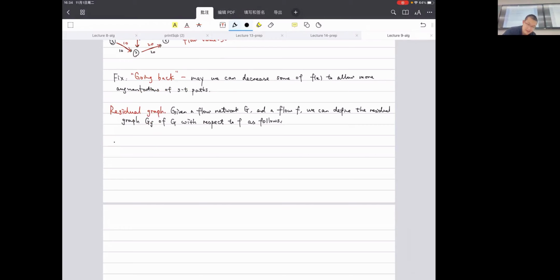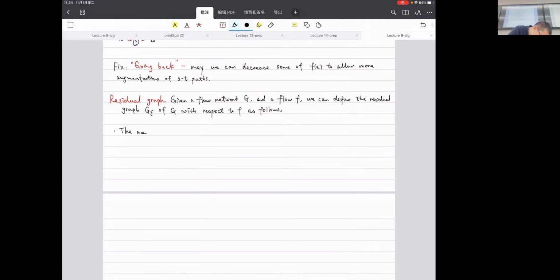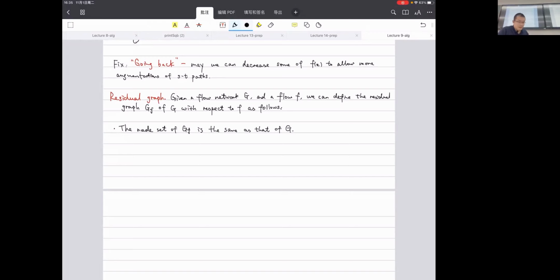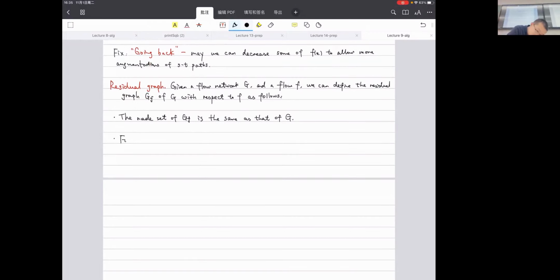So the node set of G_F is the same as that of G. The edge set is going to be a little bit different compared to the original edge set. Here we say that for each edge e = (u, v) in G on which f_e is smaller than c_e,